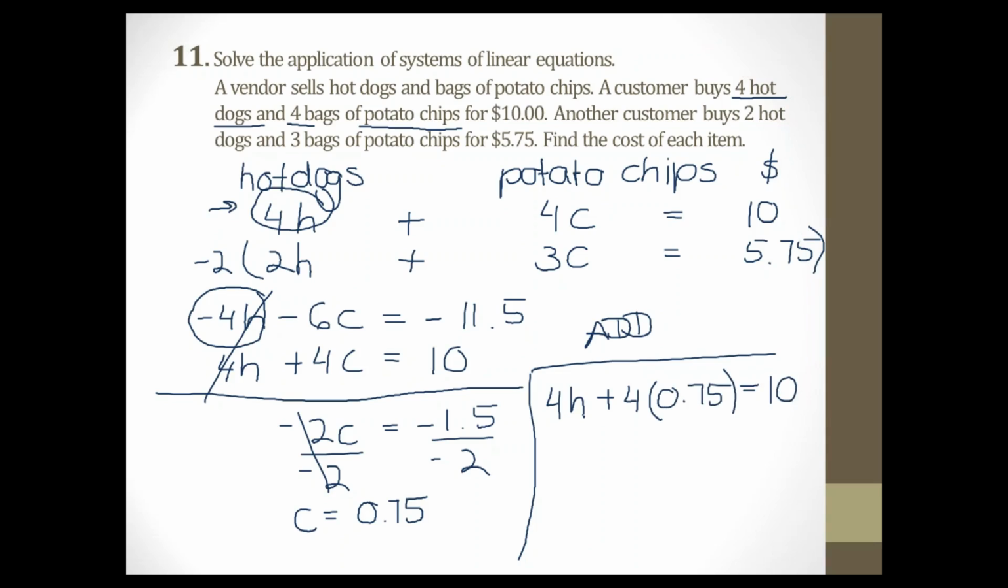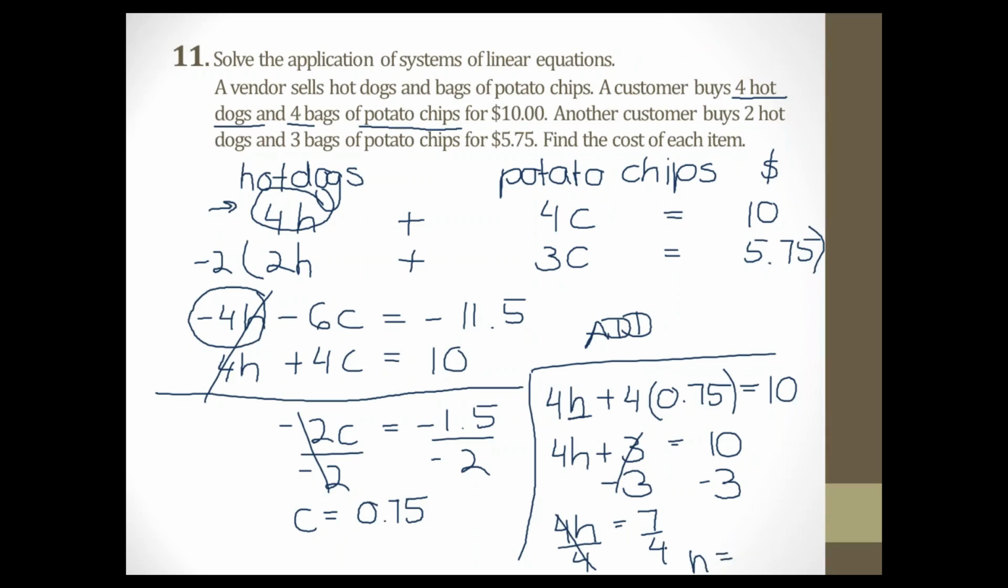So now solving for H, I am getting 4H, and 4 times 0.75, it's just 3, equal to 10. So subtracting 3 from both sides, we get 4H equals 7, and then dividing by 4, and H equals,